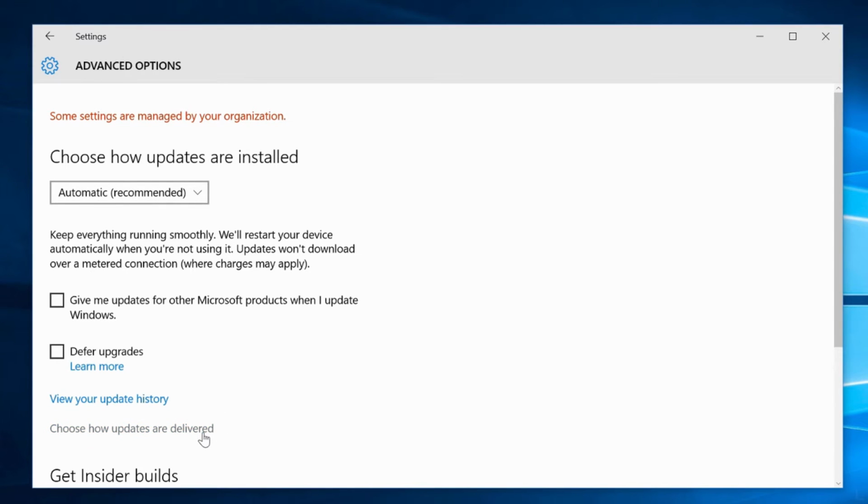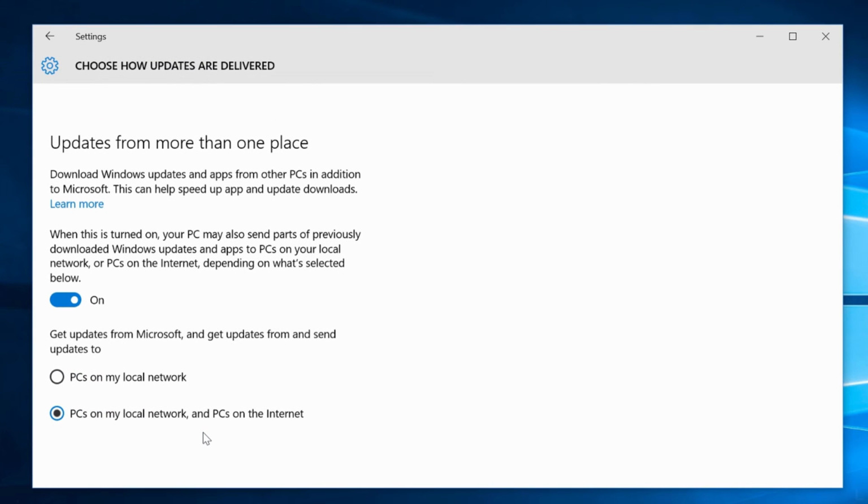By default, Windows 10 doesn't only download updates from Microsoft servers, but it uses peer-to-peer file sharing to distribute updates. This might be a good idea to speed up distributing updates, but it takes bandwidth of your network. If you don't like this feature, you can configure it on this page.